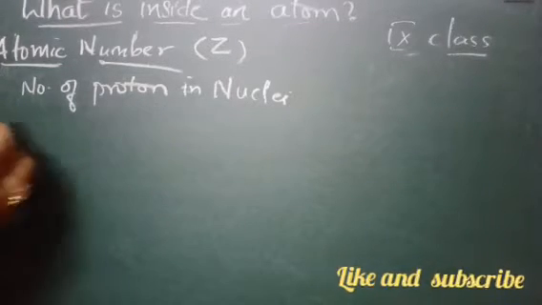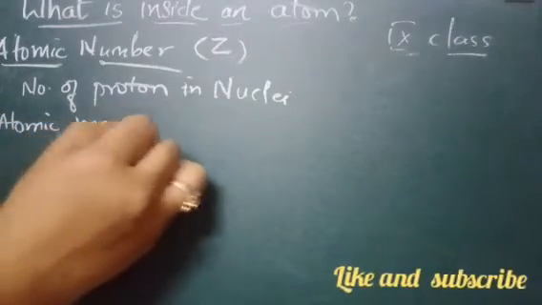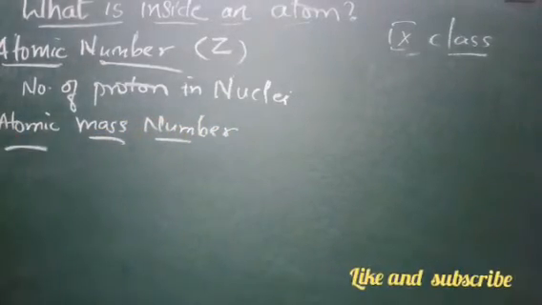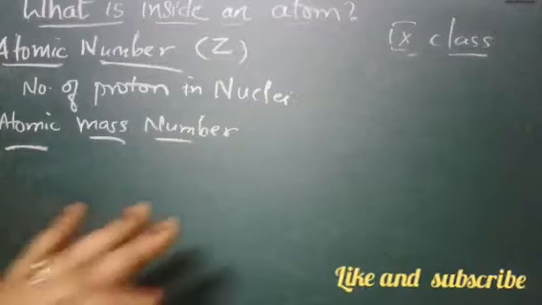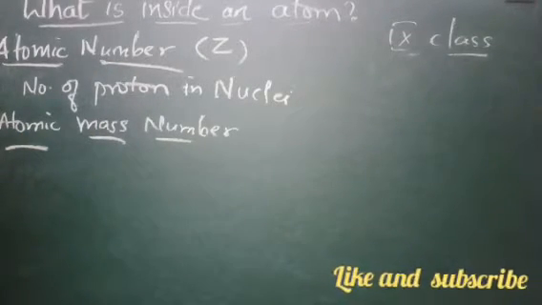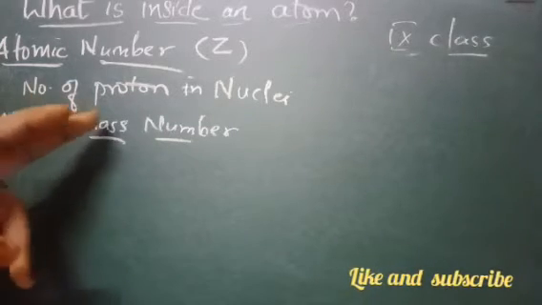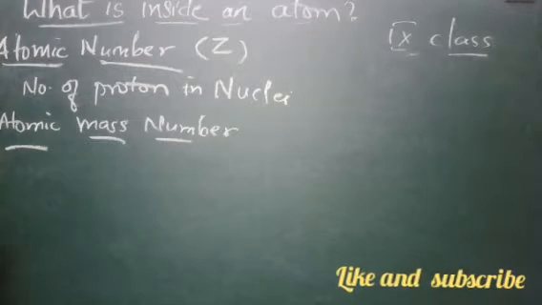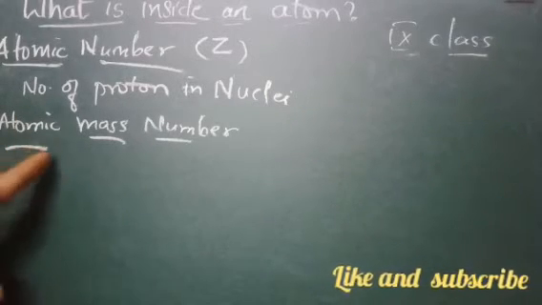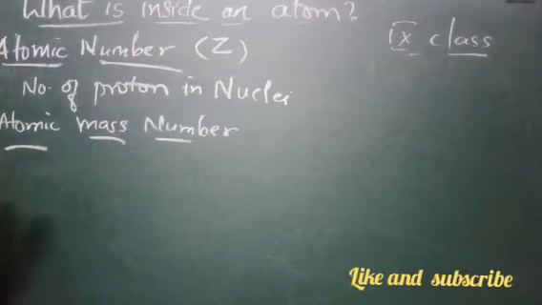And coming to the atomic mass number. Now, there must be a question in your mind. When we are saying that in the nucleus both protons and neutrons are there, then why are we counting only protons? Why are we not counting the neutrons? When we are counting the protons, we are saying it is the atomic number. Now, we are taking the mass of both protons and neutrons. That is called the atomic mass number. So, the number of nucleons.